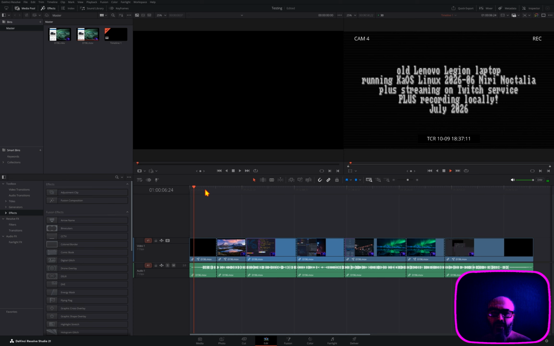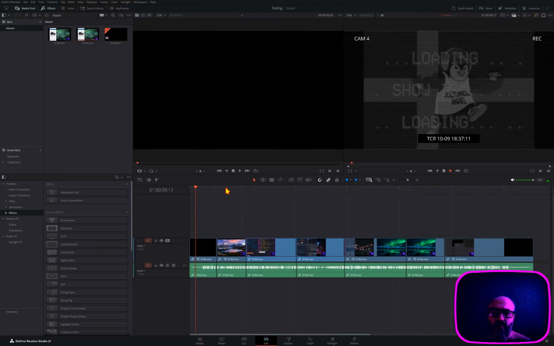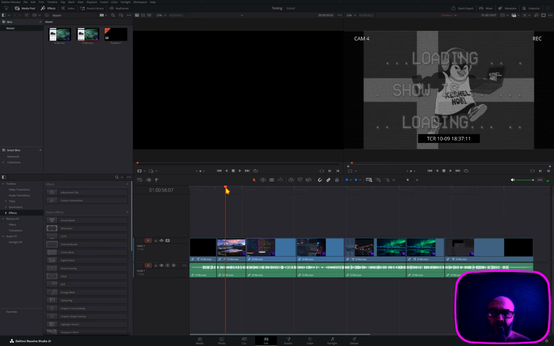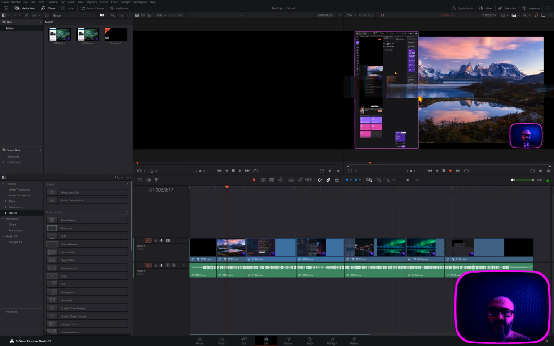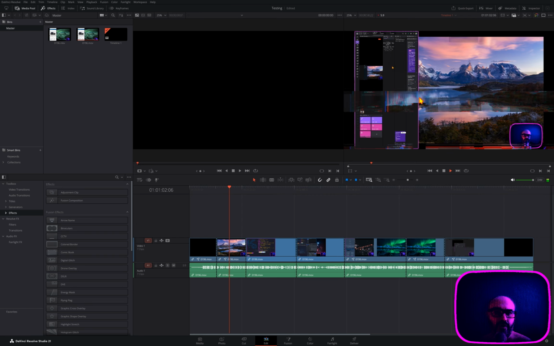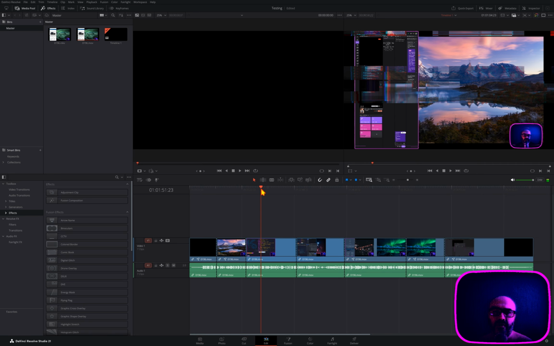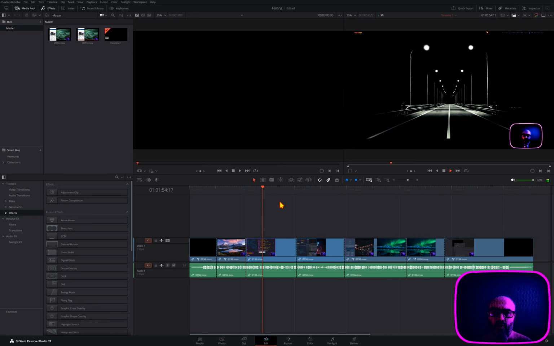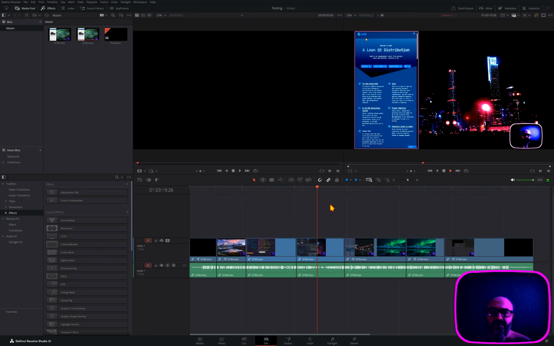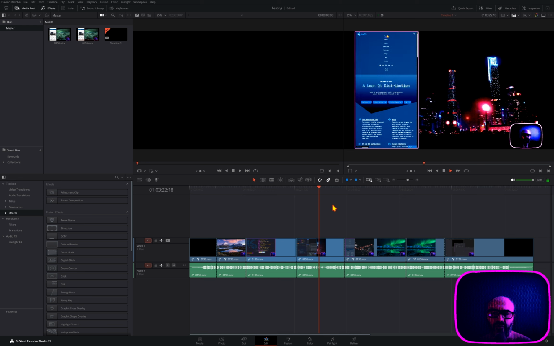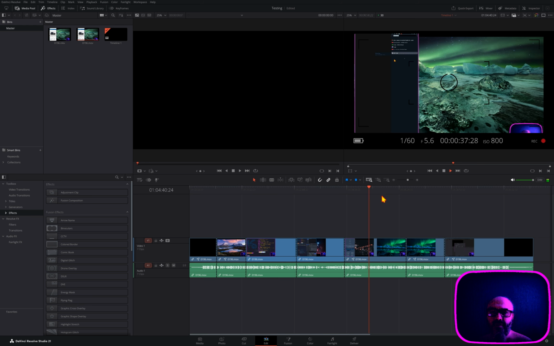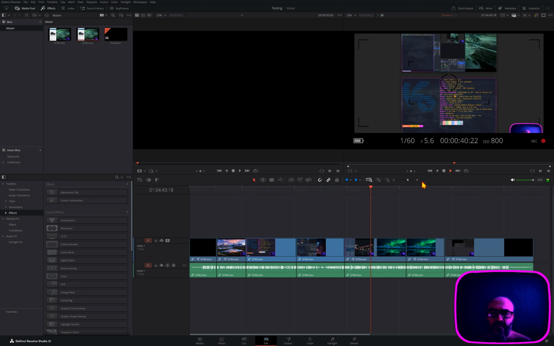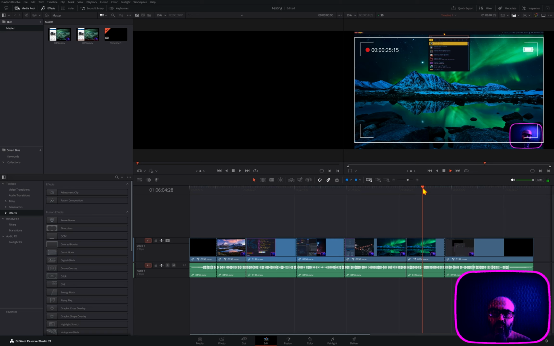So as you can see, this one plays back at 30 FPS, no problem. Then I will jump. This one is very difficult for the system. As you can see, it's about 6 frames per second, but still, while recording and streaming, not so bad. Then this is another color grading moment, this part here. And yeah, as you can see, no problem. This is another kind of color grade. This is another effect. And as quite possibly it's clear to you as well, no problem whatsoever, skipping between the timeline.